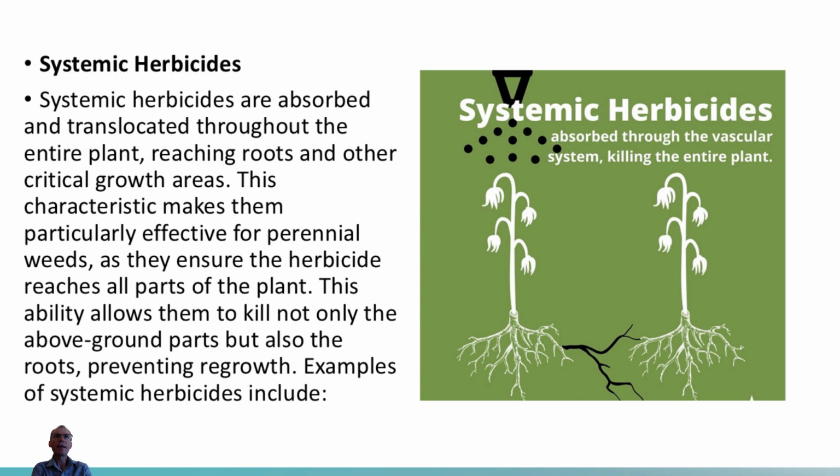Let's look at systemic herbicides. Systemic herbicides are absorbed and translocated throughout the entire plant, reaching roots and other critical growth areas. This characteristic makes them particularly effective for perennial weeds as they ensure the herbicide reaches all parts of the plant. This ability allows them to kill not only the above-ground parts, but also the roots, preventing regrowth. Examples of systemic herbicides include